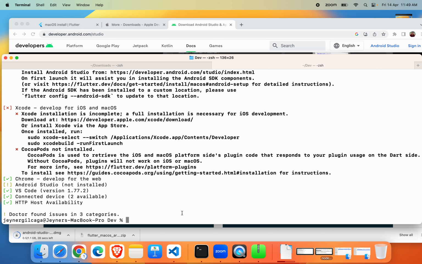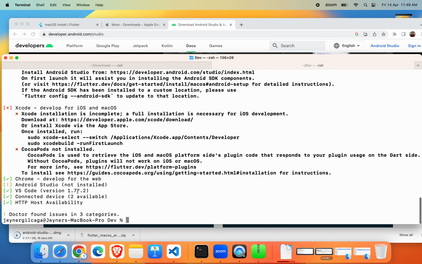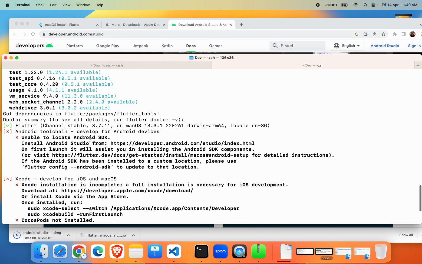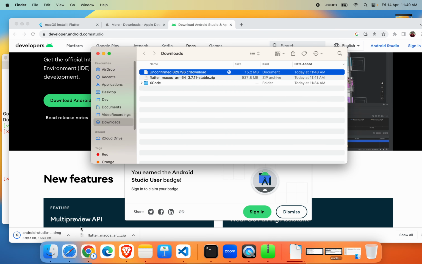So this is cool. When you run Flutter Doctor, it will inform you what's missing. So I'm missing a whole bunch of stuff here, including the Android Studio, Xcode, and Android toolchain. So let's just wait for a few seconds. 1 second left. 0. Okay, then double click,